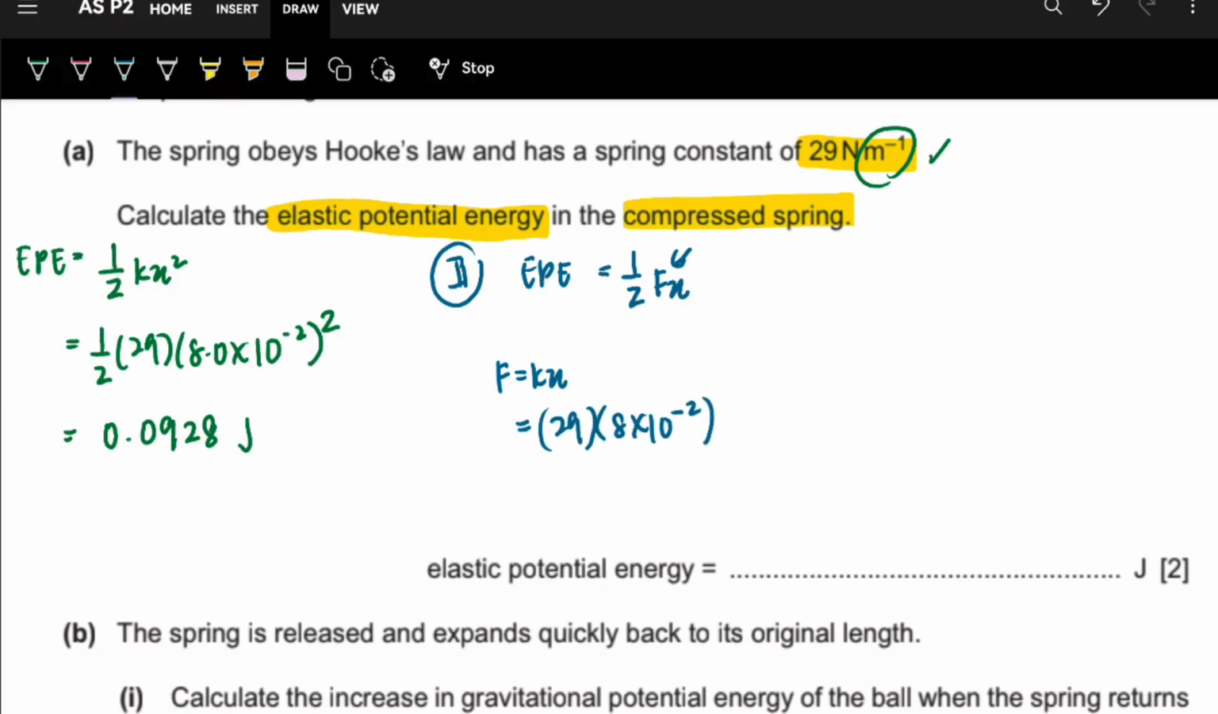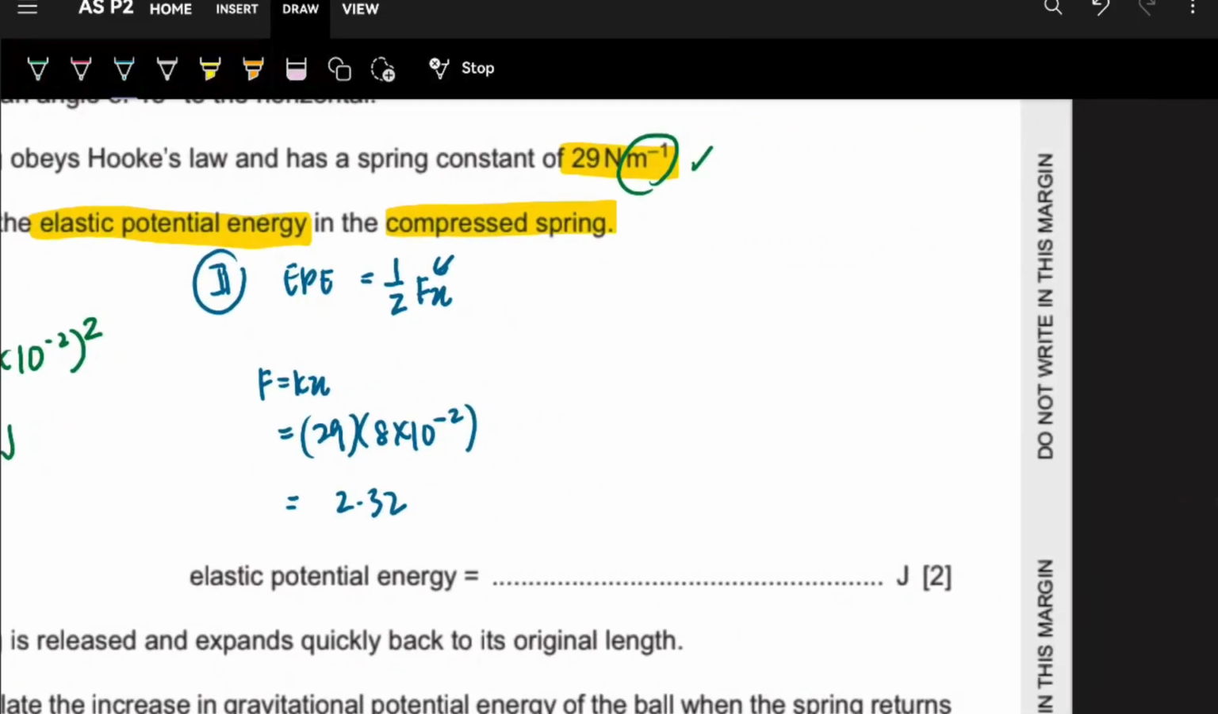So when you calculate this, it's almost similar to the first one. It's just a different way of approaching it. You will get 2.32. So what do you do now? You sub inside your equation. 1 over 2, 2.32. Your compression was 8 times 10 to the power of negative 2. You don't need a square here, so don't go and square it, okay? Please be careful,